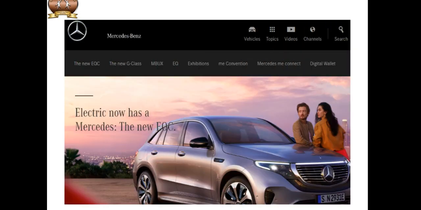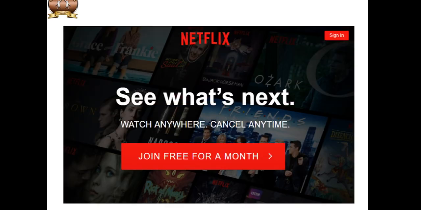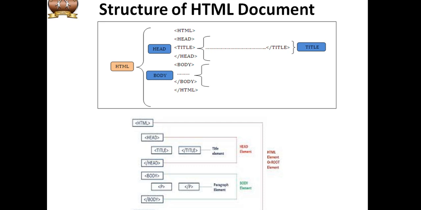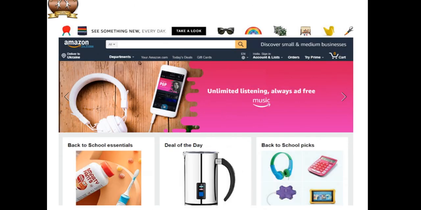Mercedes-Benz, you have this website created using HTML5. Netflix, which in this lockdown everyone knows about, is also made using HTML. Amazon, which is very common in your households, is also made using HTML5. So moving ahead,